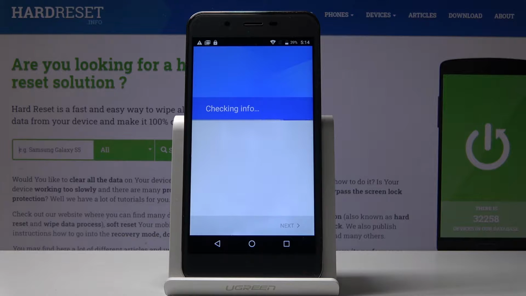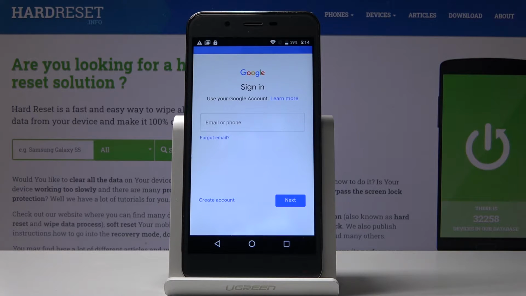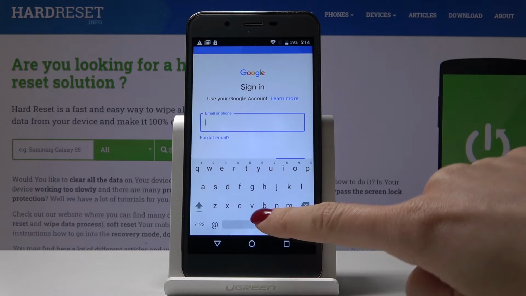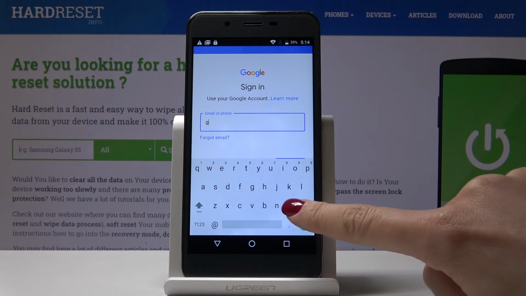Make sure that you are connected to Wi-Fi, as otherwise you will not be able to log in with your Google account. And if you are, it's time to log in with your Gmail. In my case, it will be email address. You can also use your phone number, and it's